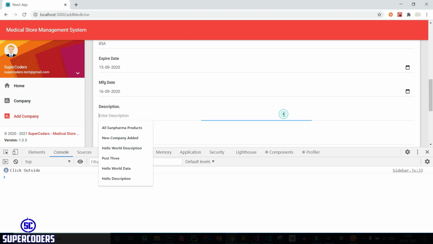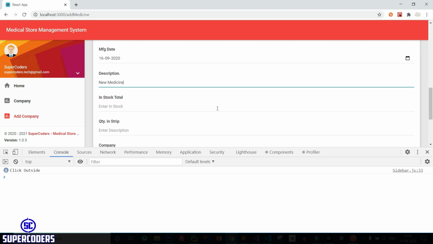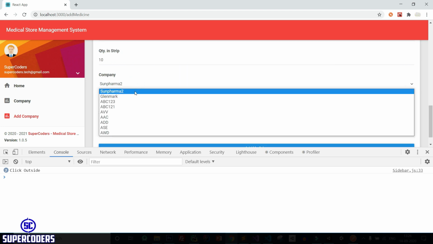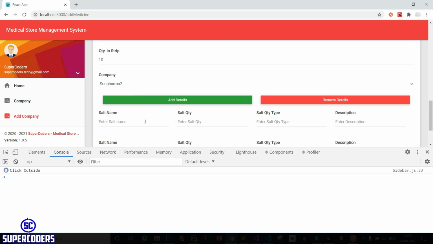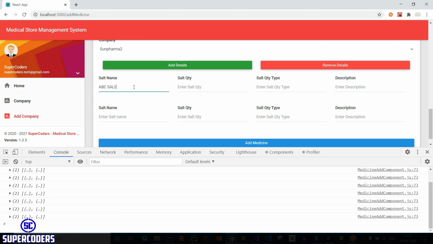description new medicine, in stock 100, quantity in strip 10, company Sun Pharma or Glenmark. Let's make it Sun Pharma. Add details. So salt name ABC, salt quantity 100.